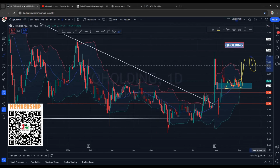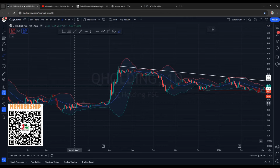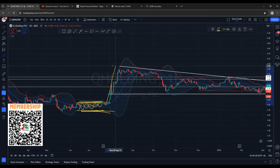My second bullish analysis is with the indicator. Check this out. Whenever we are seeing Bollinger Bands getting closer to each other, we can see contraction in the volatility. This is called a build-up zone. So usually what happens into this zone, it builds its energy for a breakout, either to the upside or to the downside. Check this out, what happened here. After this tight phase of contraction, we saw aggressive move to the upside till about 4.00, and from here it's